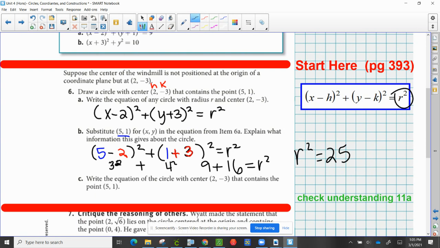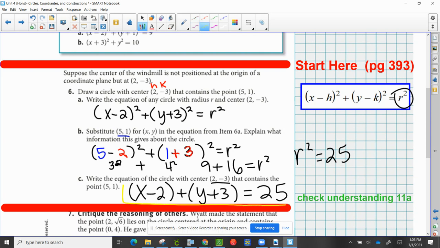So what we're going to do is plug everything back in. x and y are back in our variables. We're going to put in our center point (h, k), but now we know what it's equal to. So our equation is going to be (x - 2) squared plus (y + 3) squared equal to r squared, which we just did all that solving to figure out was 25. So this is our equation of our circle that has the center point at (2, -3)